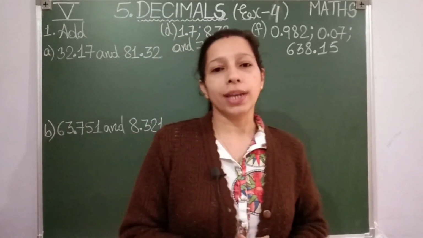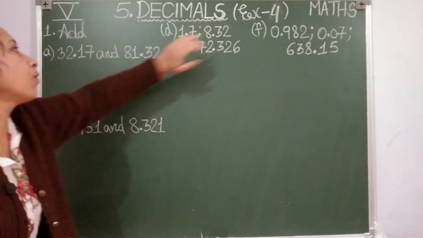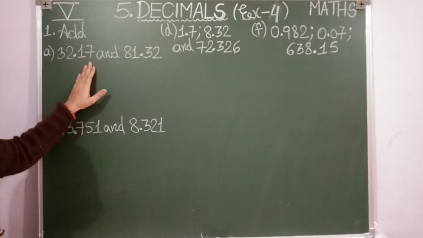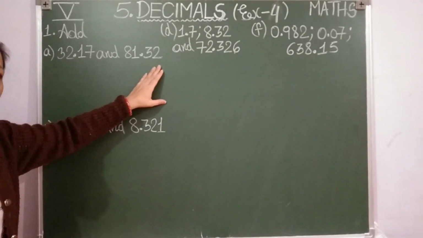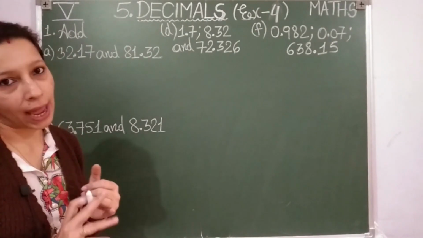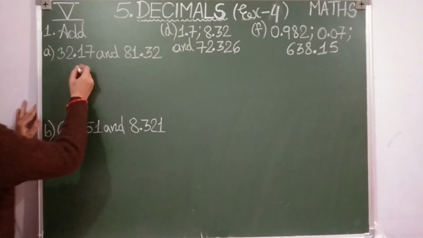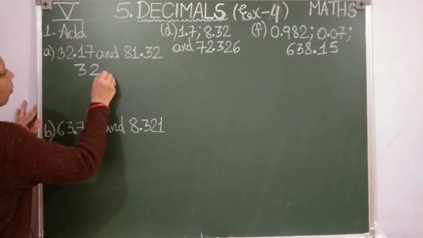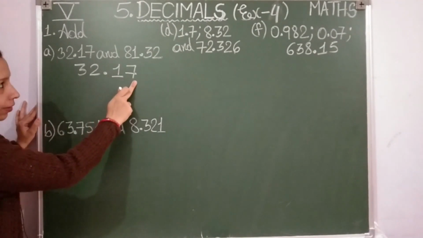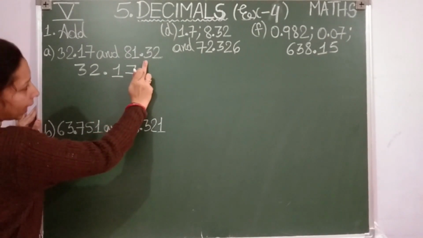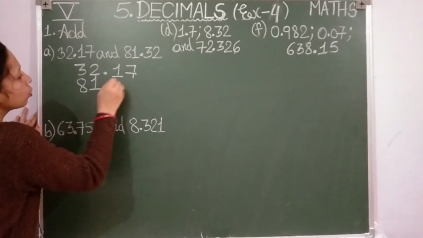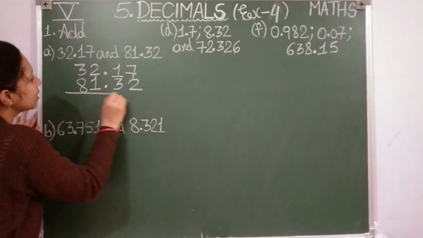Let me explain you with one example, students. So exercise 4, question number 1, add the following. First point: 32.17 and 81.32. You are going to add this. What I told you, students, while adding decimal numbers, convert them into like decimals and then add. First addend is 32.17. So it has how many places? Tens place and hundreds place. Look in the second number, here also tens place and hundreds place are there, means already they are like decimals. So now simply you can write like this, and now you can add.